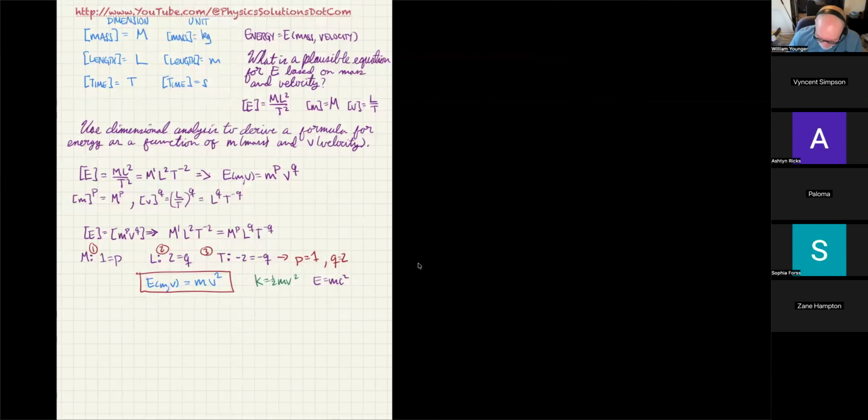I'm going to do a different one. Let's say, what is a formula for the Planck mass, m sub p? Okay, so in general, the Planck mass m sub p is going to be a function of